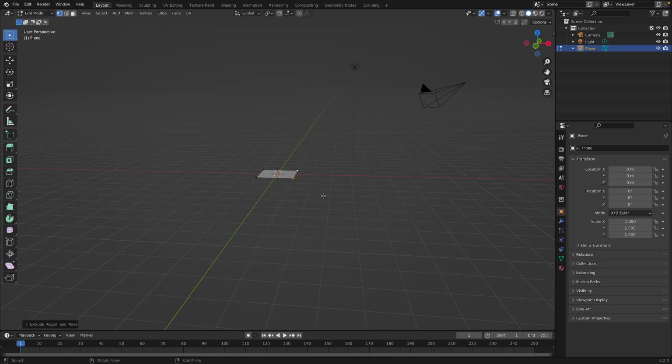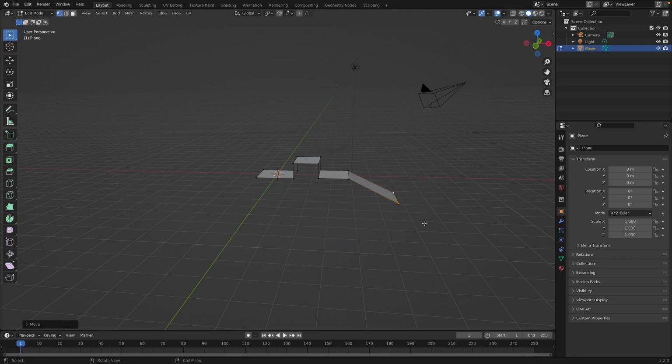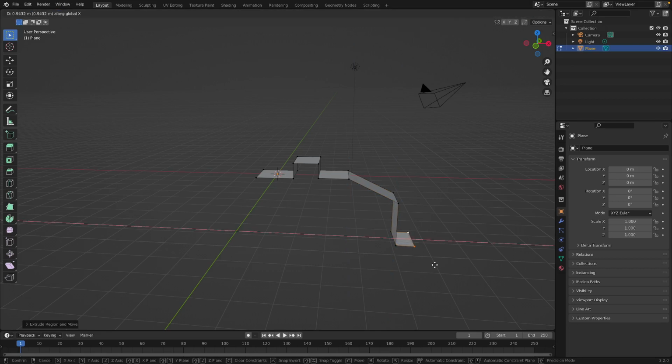Let's do it here. So, EGZ, EGX, EGZ, EGX. Let's go like this. Shift Y. So essentially what I'm making is a level. Then EGZ, EGX, EGZ,